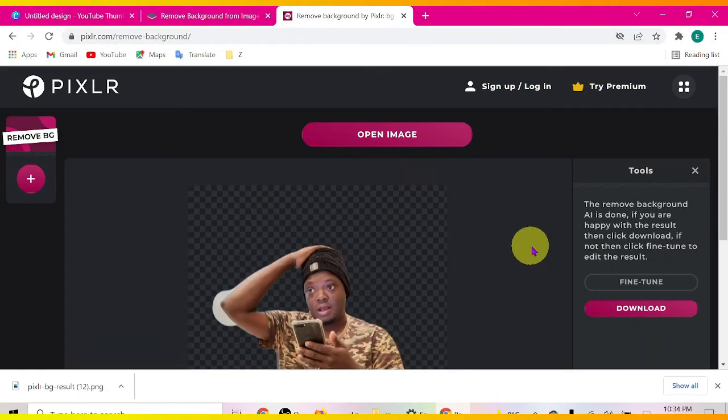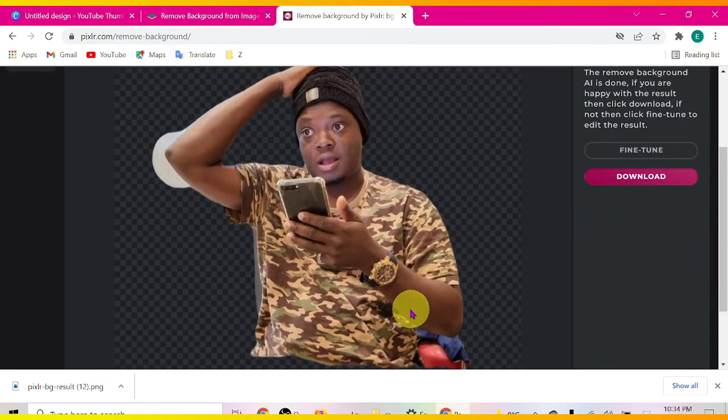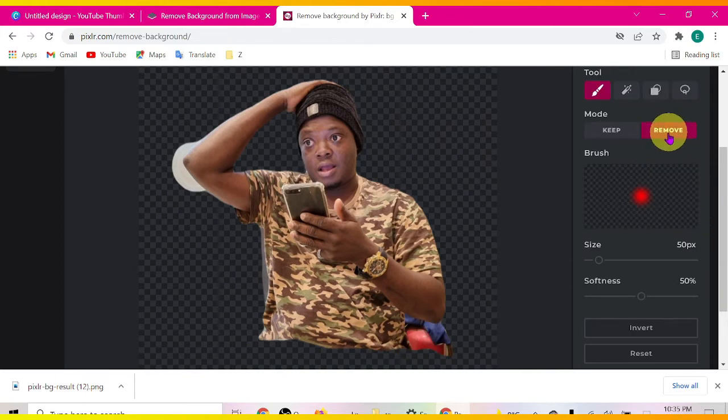So this is the third image. Let's zoom in and see. So you can see here there's some white background here, and also here as well there's some small background here. So let's click on refine. So it's already on remove, so I'm going to select the brush size